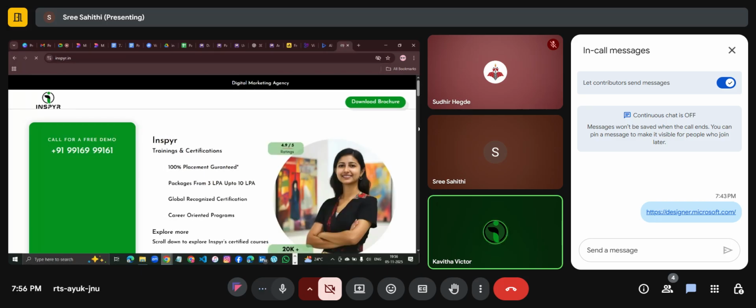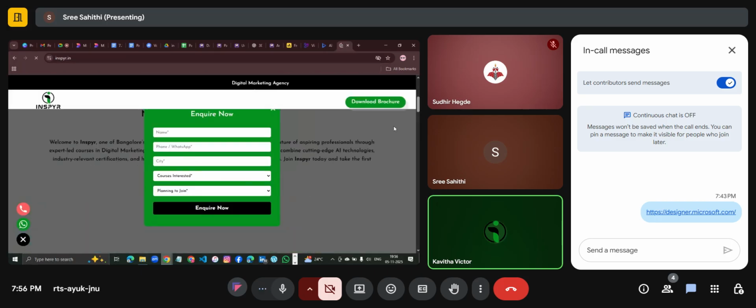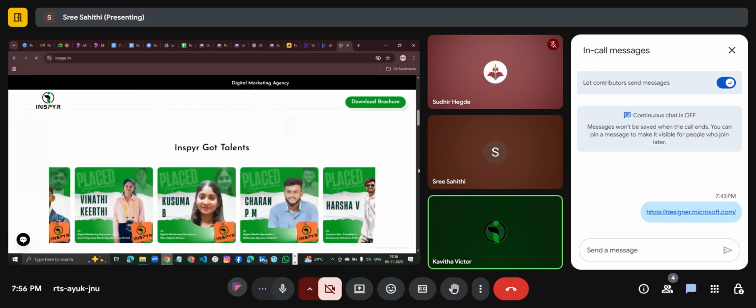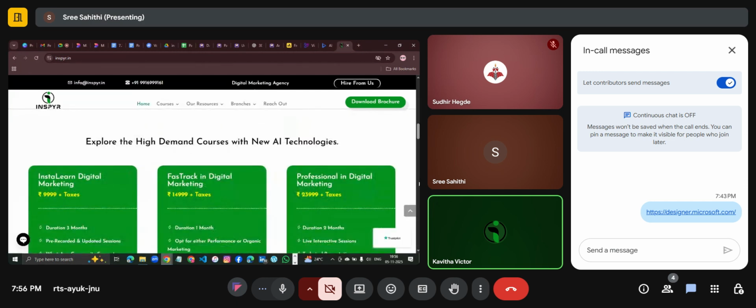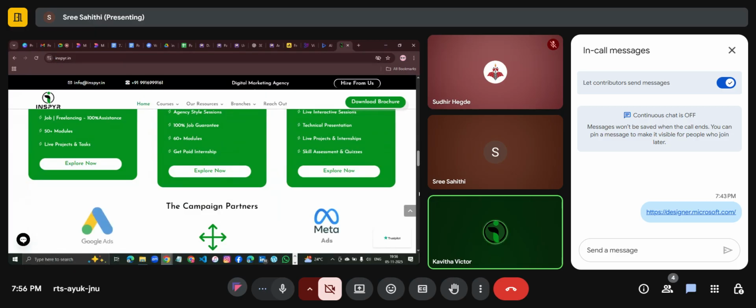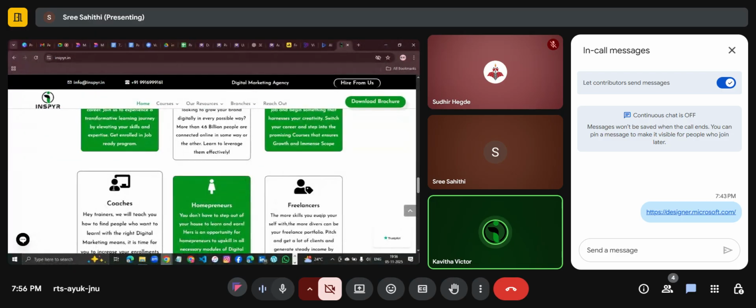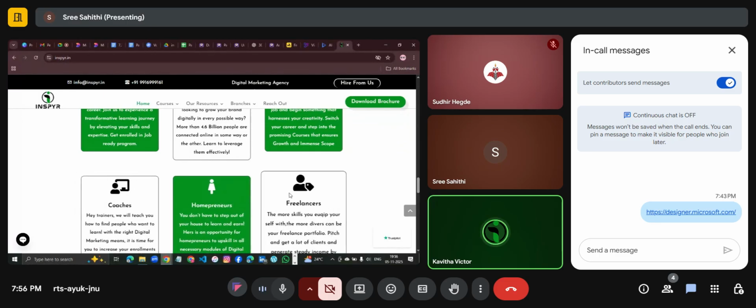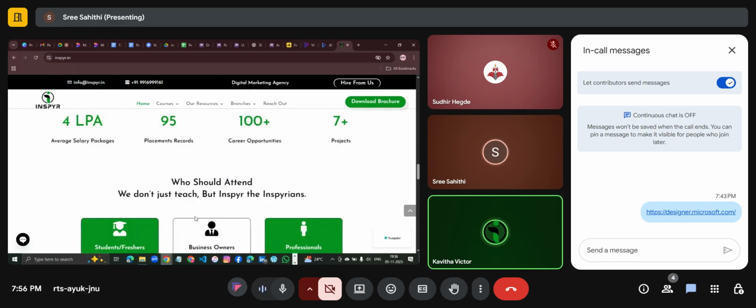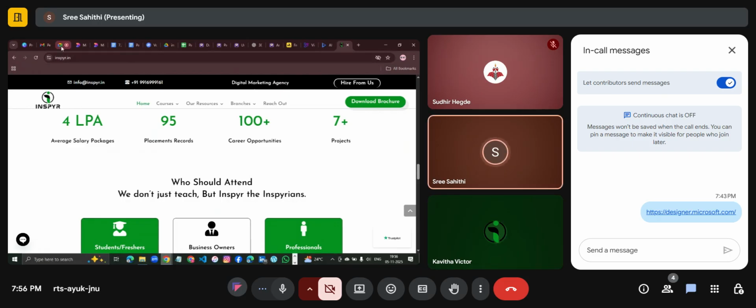Just scroll down. Like this, we have icons: students, coaches, homepreneurs. Like this, they have given the icons just for designing purposes. These icons can be generated using that section. Sure, I will try with other things even.